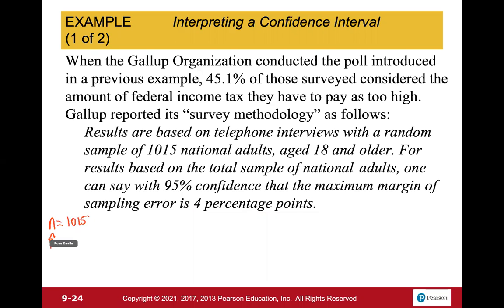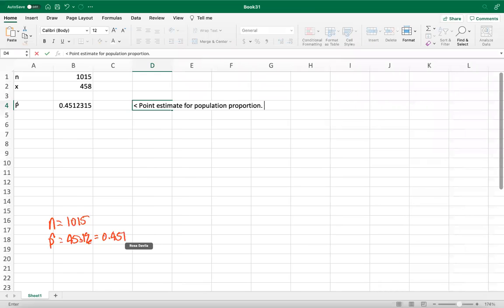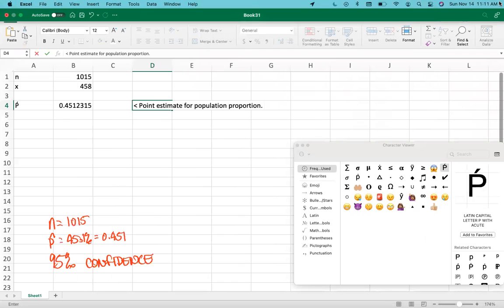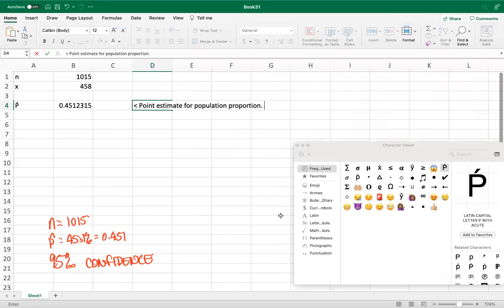We know that p hat is equal to 45.1%, or 0.451, which we also have over here, but let's just write it down. The next thing that we're going to need is our confidence level. They said with 95% confidence. And we could take this over here. So remember what we talked about earlier, we needed a